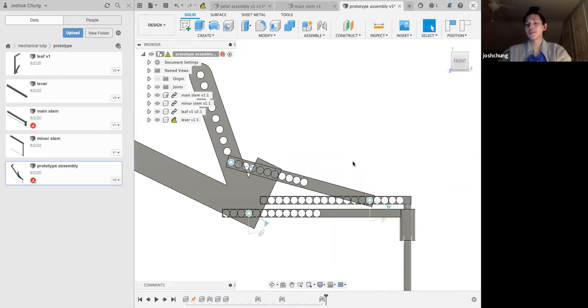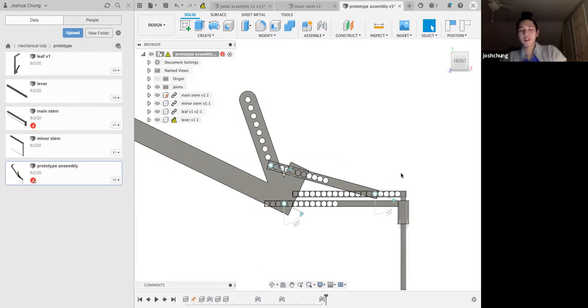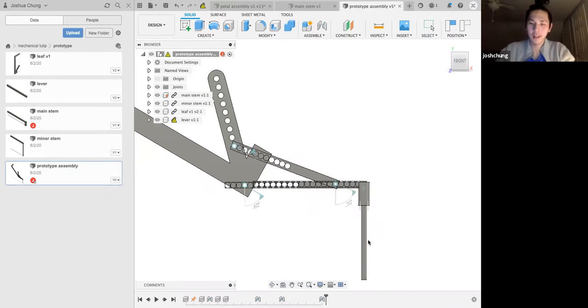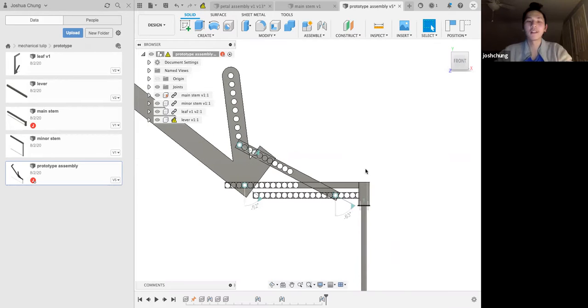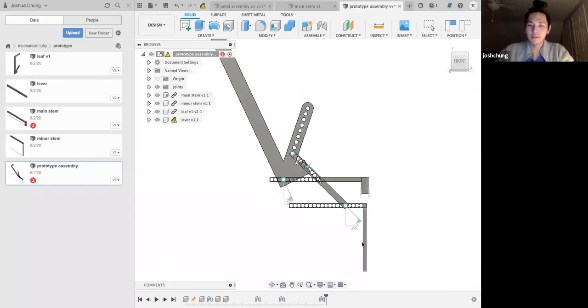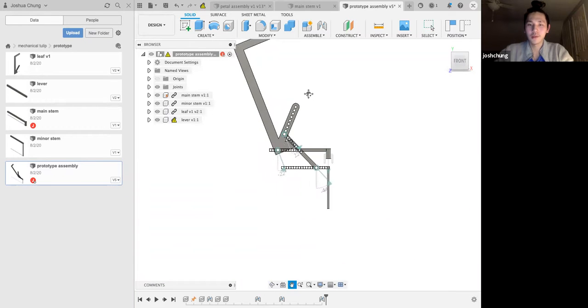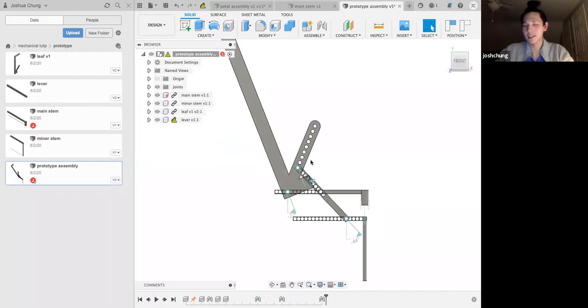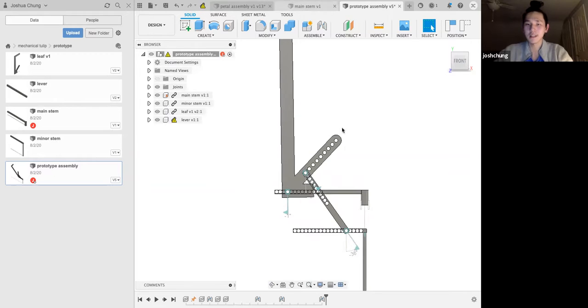You don't know what it's going to like. You don't know if you don't have a design you're basing your assembly from. You don't know how far you should push your push rods to, how long the minor stem should be, how long the leaf should be. So it's a quick way to test how you should do this, how you can design it later on. At least for this project, I was able to do this quick joint assembly and determine the right lengths between the holes and the angles it should be at. And that's why I was able to guess the correct